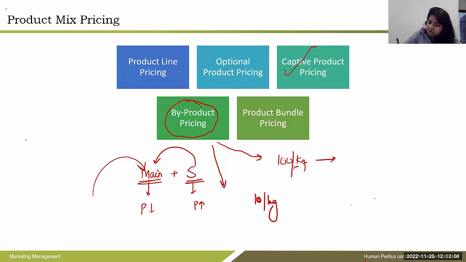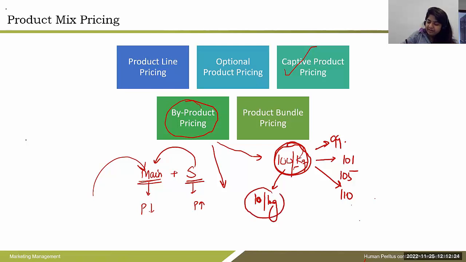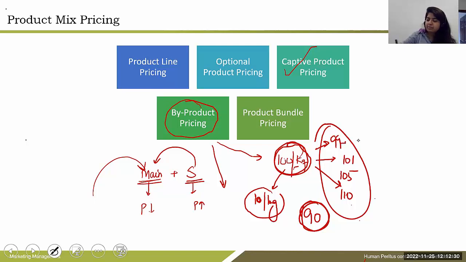My competitors are also selling at 101, 105, 110, like that. Some at 99 also. Now I'm able to sell the waste at 10 rupees per kg, so technically I was making a profit here also. Now if I reduce the price to 90, I'm still making a profit. And I will get a maximum market share also because all my competitors are either at 99, 101, 105 and